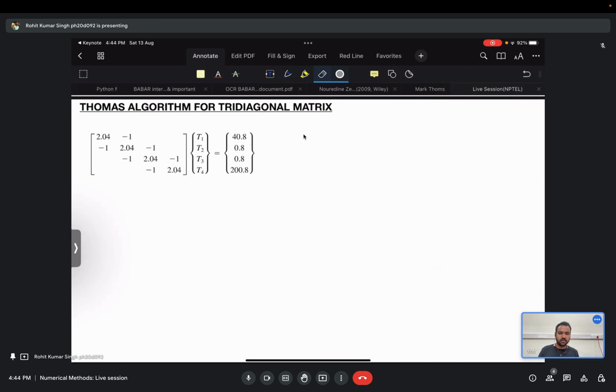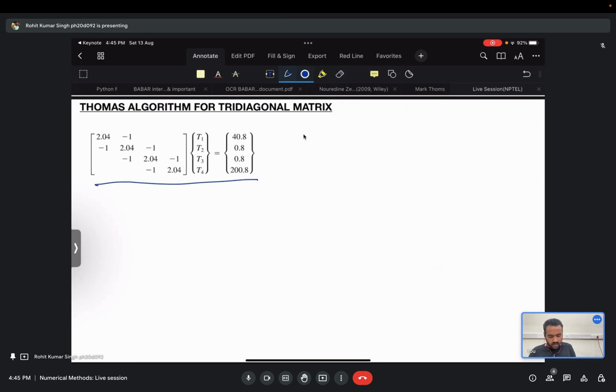Okay, so if you have gone through the lectures, you must know that the Thomas algorithm saves you time and makes the calculations shorter, because it doesn't involve many useless multiplications and divisions that you will have in simple Gaussian elimination or other algorithms for a tridiagonal matrix. So in the first step of the Thomas algorithm, again you have this